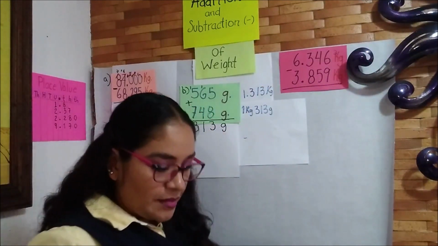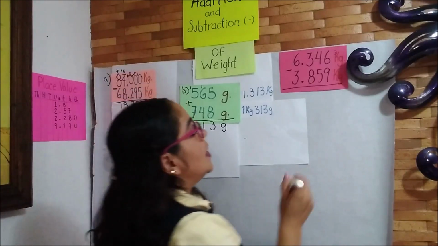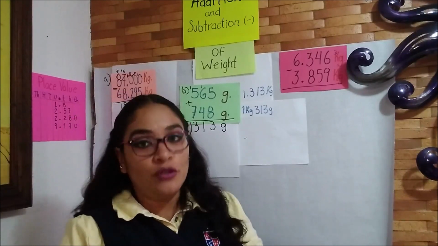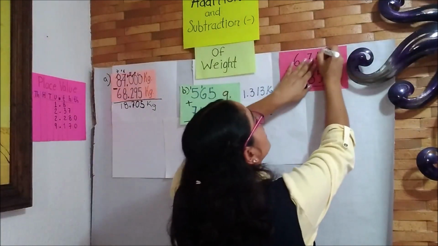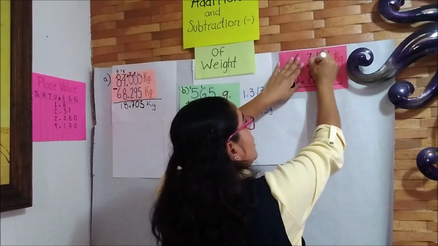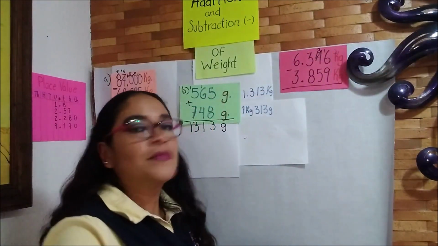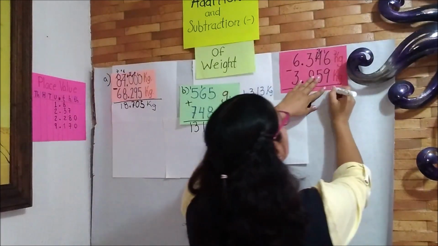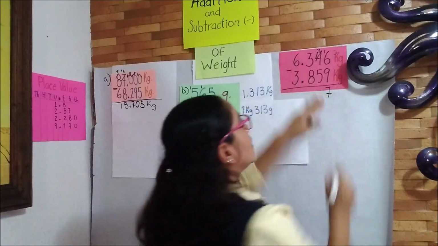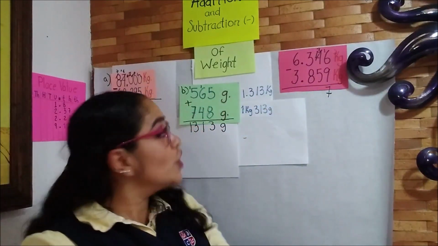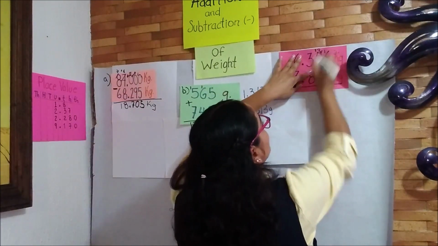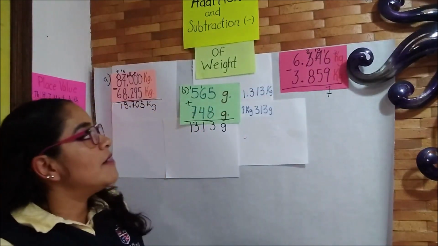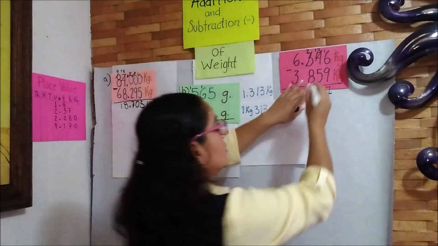Alright, guys, let's pay attention because we have, again, 6, it's smaller than the 9. So what do we have to do? We have to ask for a unit to our neighbor, and the neighbor is going to be a 3. Well, 16 minus 9 equals 7. And the 7 is going to be also smaller than the 5, so we're going to ask for a unit. And we have 13 minus 5,